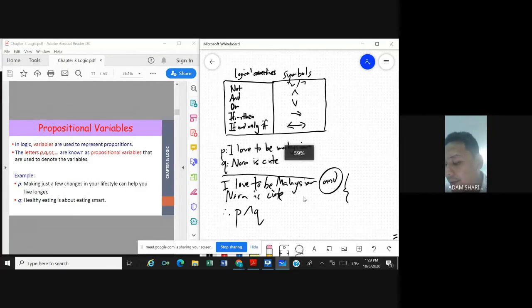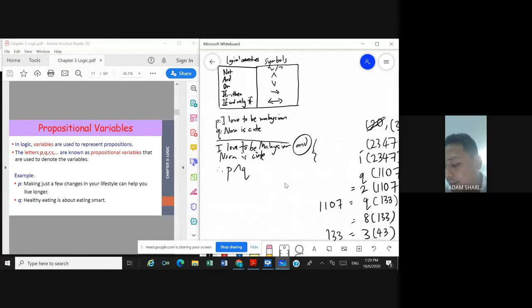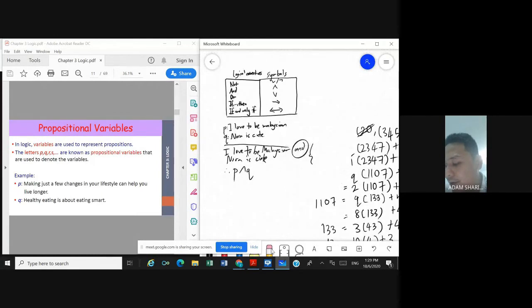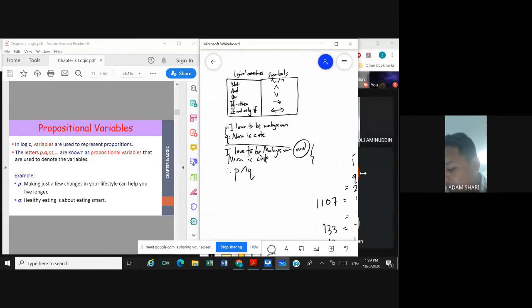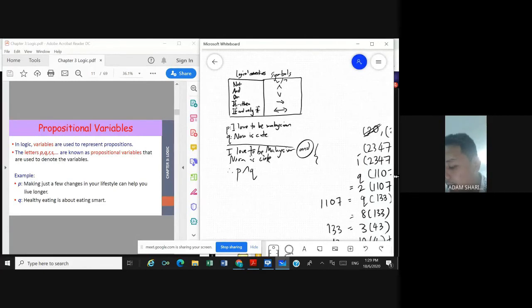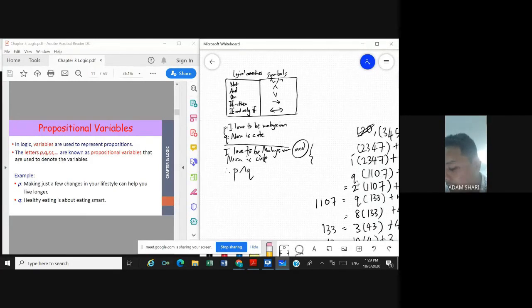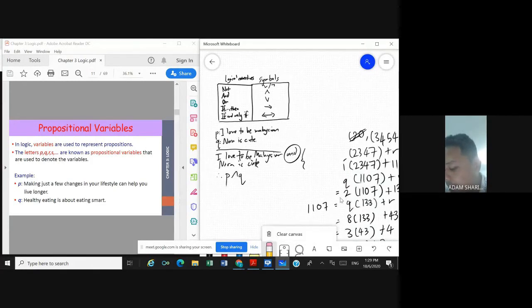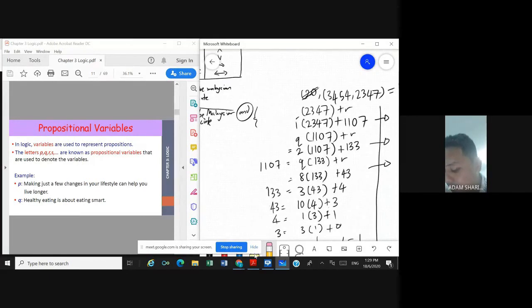Let's proceed with the next example. Oh, this is from the other day. It auto saves. Okay, Microsoft Whiteboard is good. They don't delete. Very easy. I want to erase.